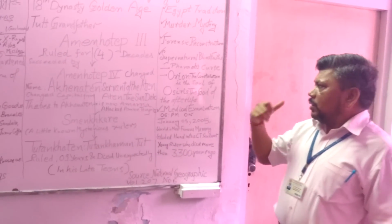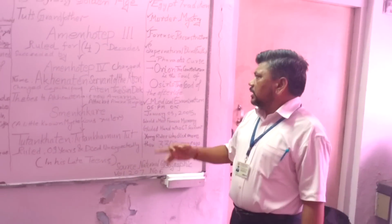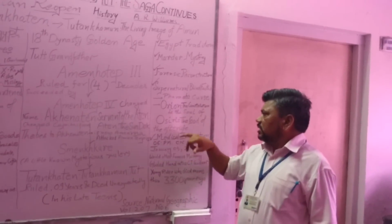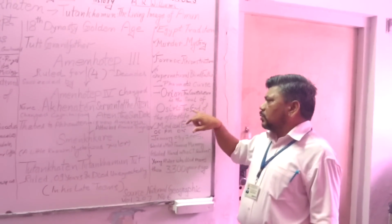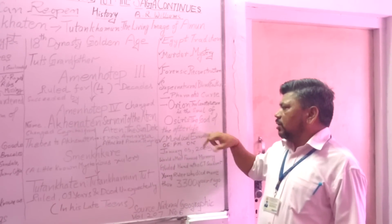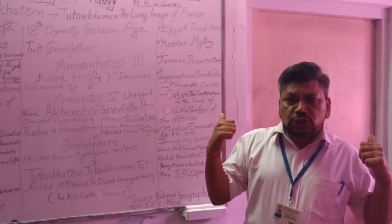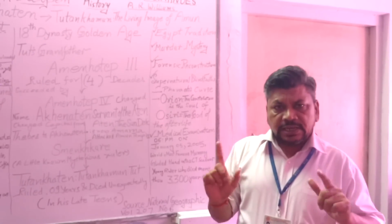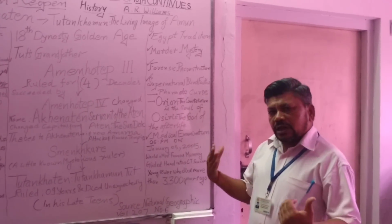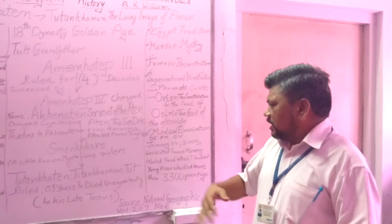Ultimately, towards the end of the chapter, one more tradition came to be known: that Orion, the constellation, was considered the soul of Osiris. And who is Osiris? Osiris is the god of the afterlife, meaning Egyptians strongly believed in life after life, and for them death was not the eventual end of everything,